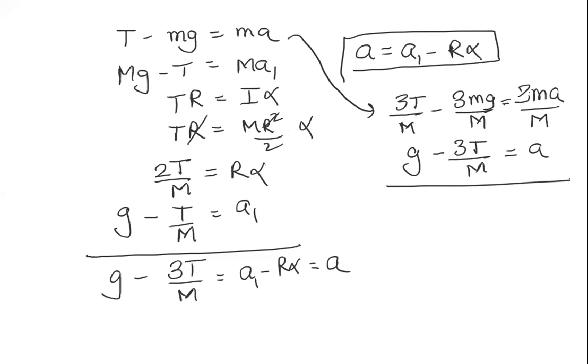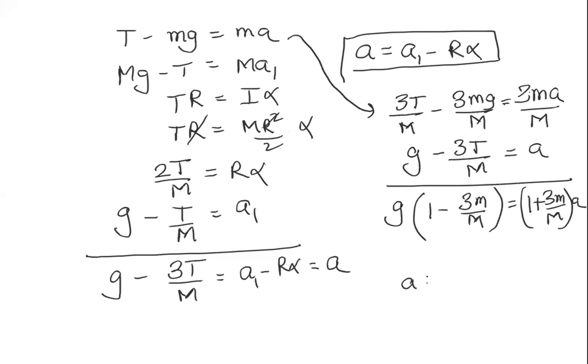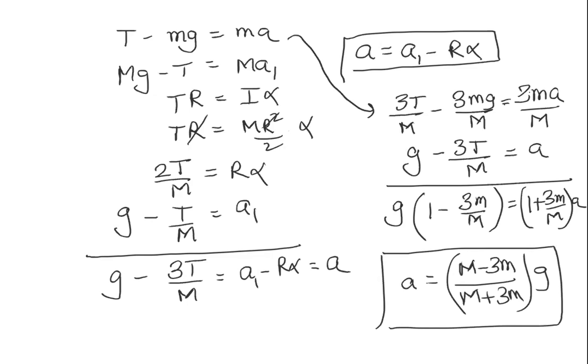Now I'm adding these two guys. So I'll get g (1 minus 3m by M) is equal to a (1 plus 3m by M). Okay. So I get a is equal to (M minus 3m) upon (M plus 3m) into g. I think किसी का करेक्ट नहीं है। मैं वो 3 का फैक्टर देख के बोल रहा था कि सही, शायद सही।